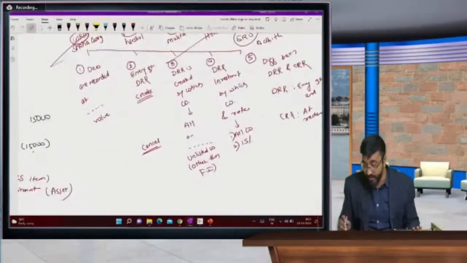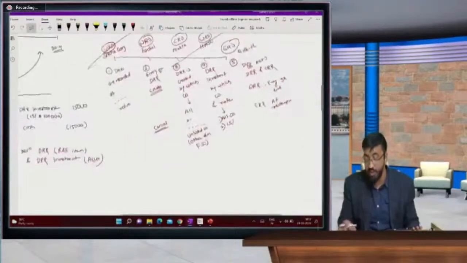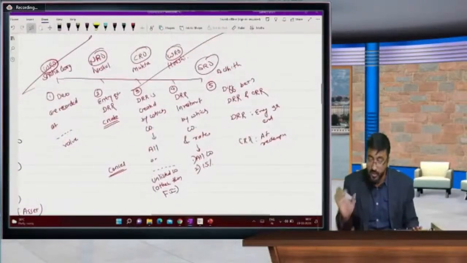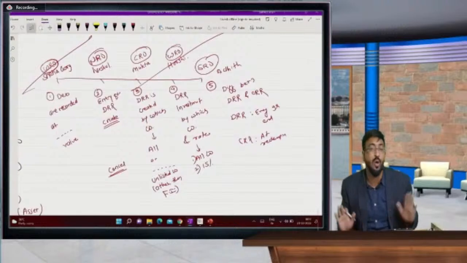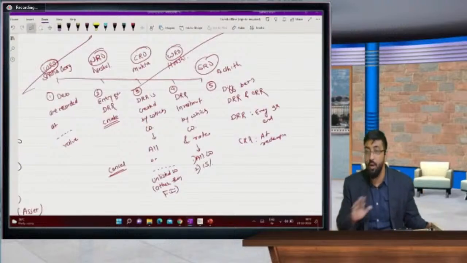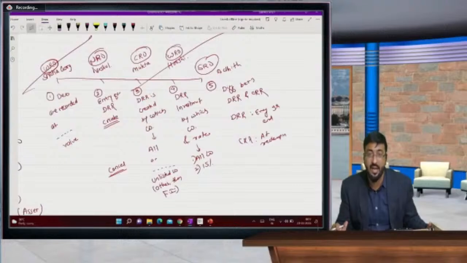Now it's time for question answers. If you still have any question, those students who answered it, yes, beta, now everything is clear for DRR and DRR investment, CRR, entry for DRR. Important points I already covered. This is what needed in exam. So I already covered all basic points. Now it's time for action. I will take 1 to 2 problems today so that you can easily solve next questions of remaining illustrations.